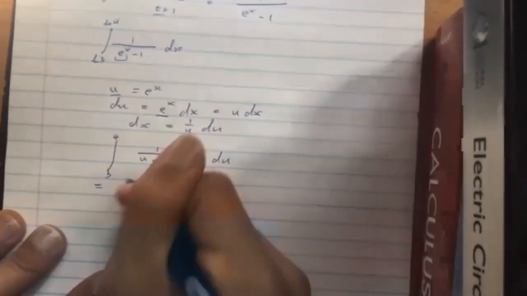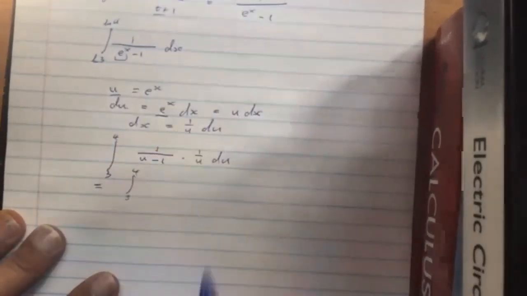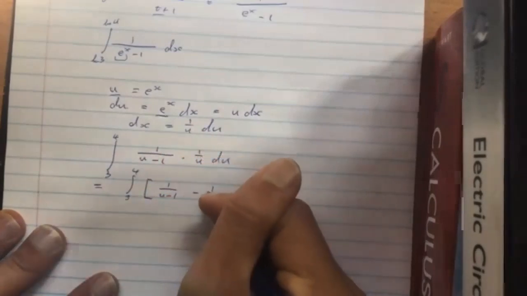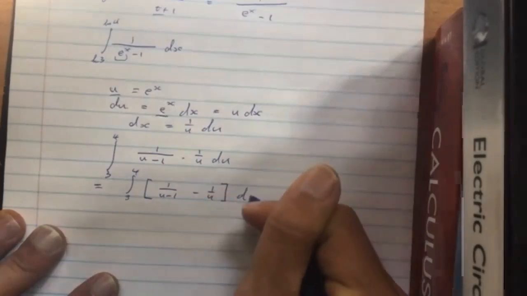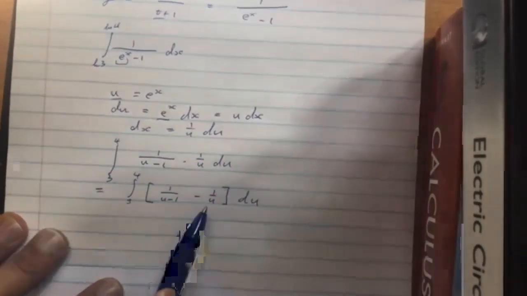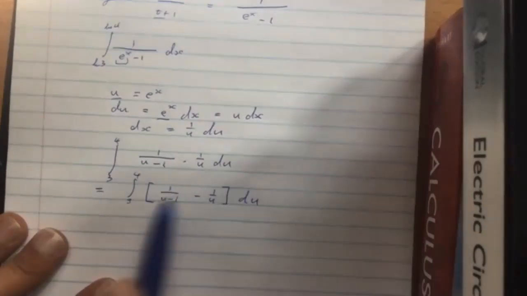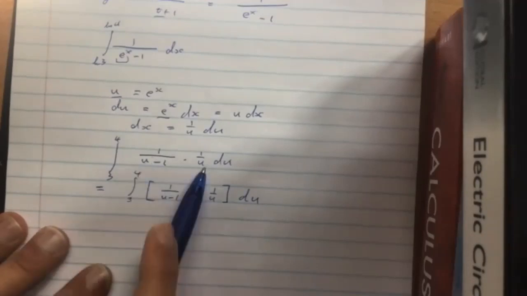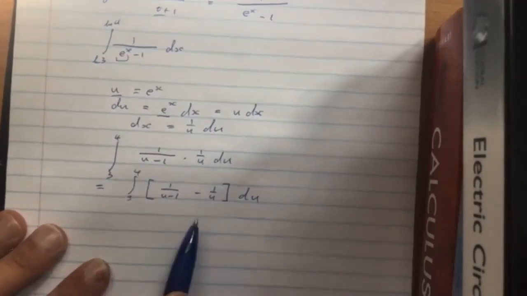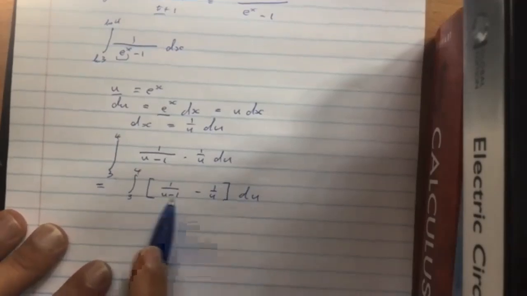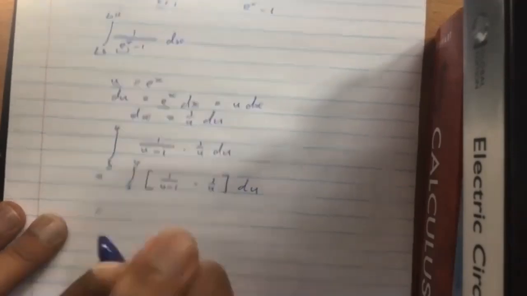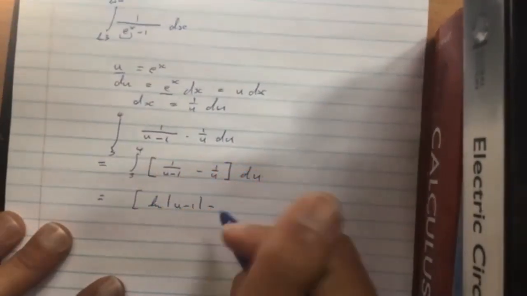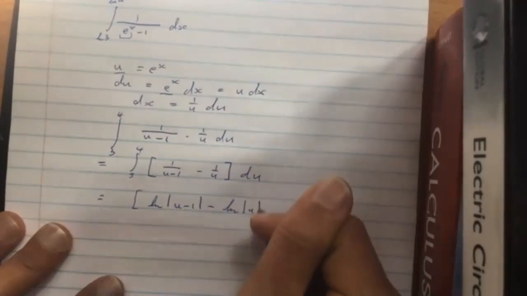So we can rewrite this as the integral from 3 to 4 of 1 over u minus 1 minus 1 over u du. And you can see this just from partial fractions that the u's get cancelled out and you're left with the 1, the numerator, and u minus 1 times u, the denominator. Okay, and we know how to do integrals of this form, because this will just be ln of the absolute value of u minus 1 minus ln of the absolute value of u plus c